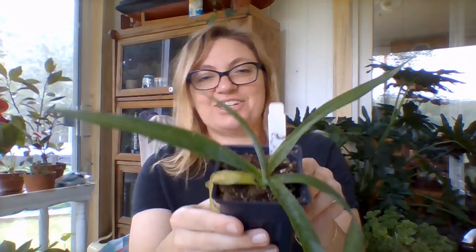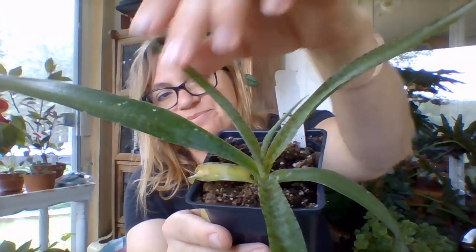So then this is where Hertz does what they do. I got this, and I'll try and get close. It's got this speckling, and this is supposed to be the Manfreda undulata 'Chocolate Chips', and it's a relative of the agave. There's a tag right in it, and since receiving it, I have looked it up, and this is indeed exactly that. It's a Manfreda Chocolate Chips, but what was represented in the photograph, I don't know if it